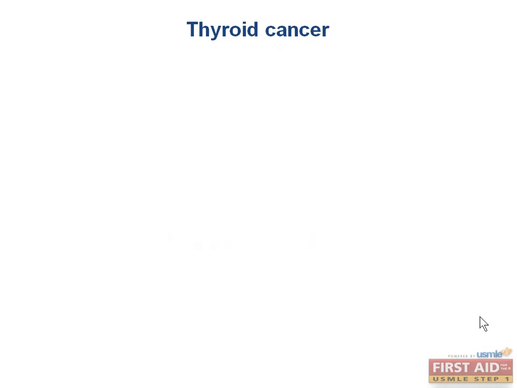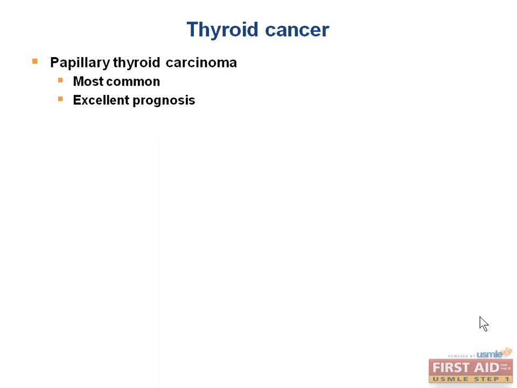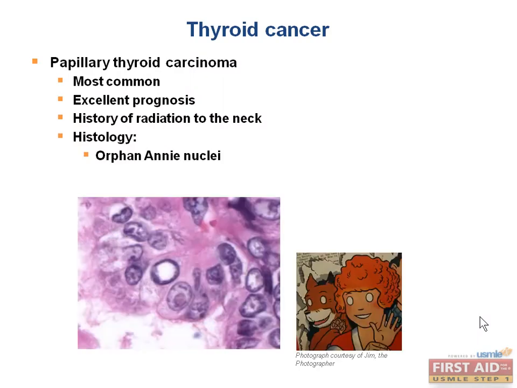Now we'll talk about the main types of thyroid cancer that you need to know for your exam. Each has a set of unique features that you should associate with it. Papillary thyroid carcinoma is the most common type of thyroid cancer, and it carries an excellent prognosis. People who have received radiation to the neck during childhood are at an increased risk for developing this type of cancer. On histology, there are certain key features that you should be looking out for, and one of these are